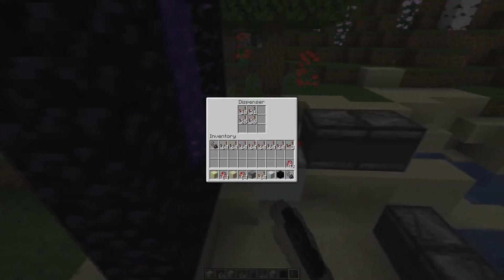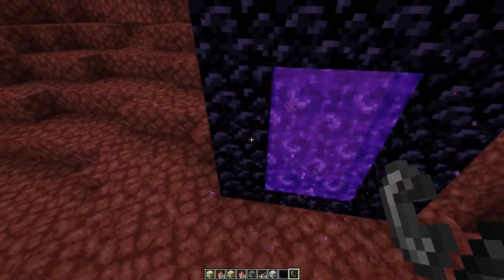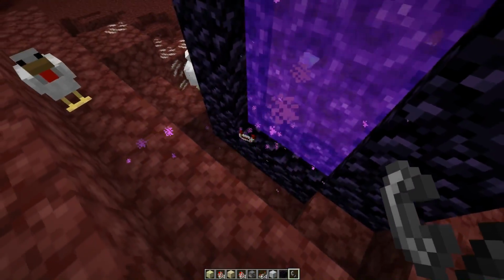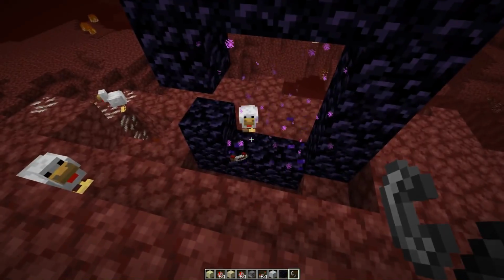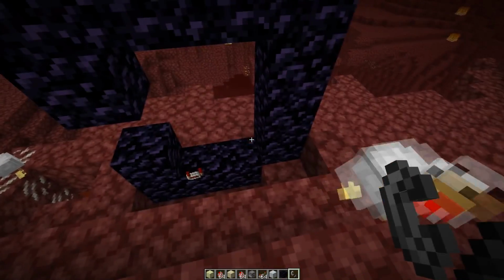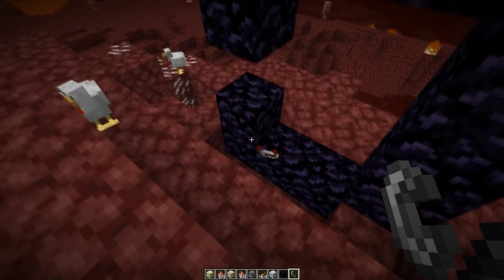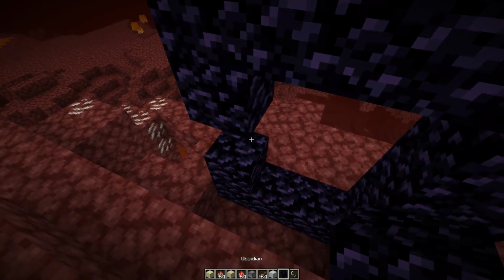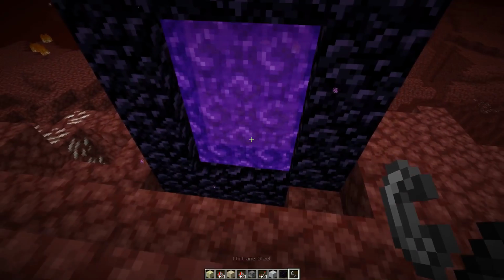So here we got a little contraption as well that sends items through the nether portal. Let's go to the nether side. Should be able to see them arriving. Yep, right there. If I would break an obsidian block now, it doesn't regenerate the nether portal, unfortunately, like it did in 1.8 and lower as far as I can remember. And I also think the items are at the moment completely lost since they don't arrive on the other side. So I hope this will also be fixed for the nether portal at some point to get the old behavior back completely.